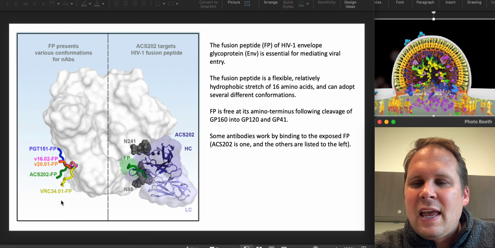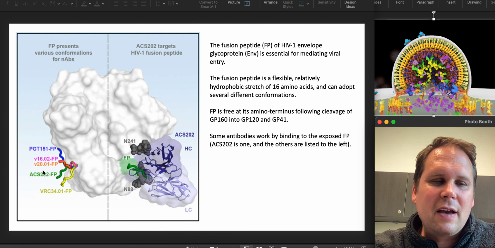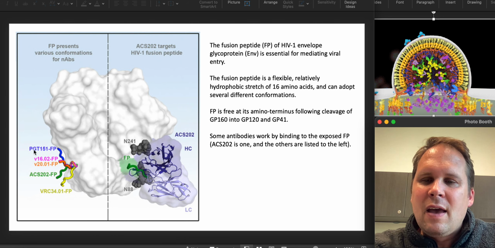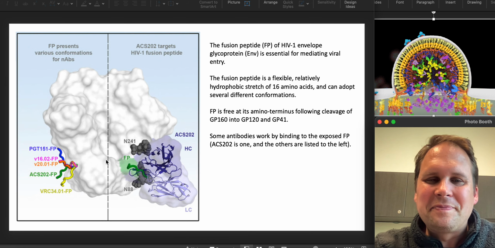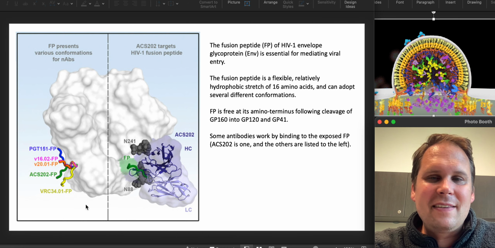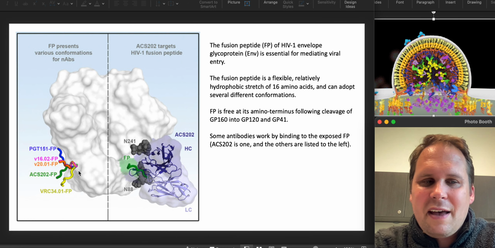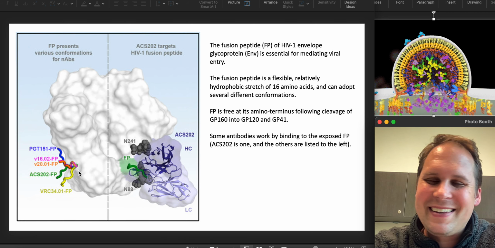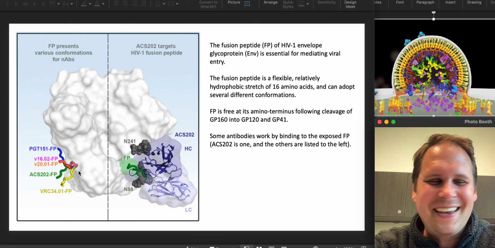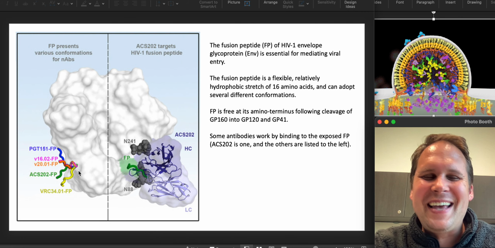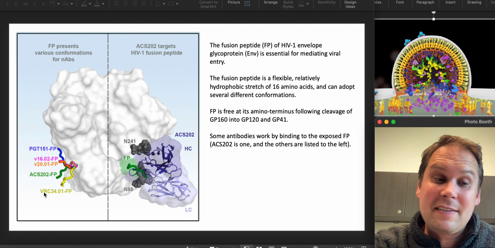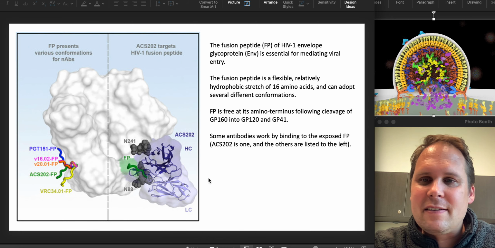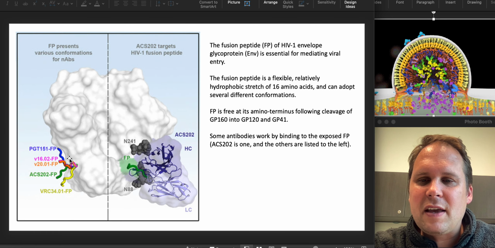The thing over here is naming a particular crystal structure of the protein with an antibody, which is the first part, and the fusion protein, which is the second part. So there you go. This is the fusion protein dangling out, and nobody wants to see the fusion protein of HIV dangling out. It's not good in any way. So keep that fusion protein tucked away, and then HIV can't infect, basically. All right, so the fusion protein is there, and it looks like that.